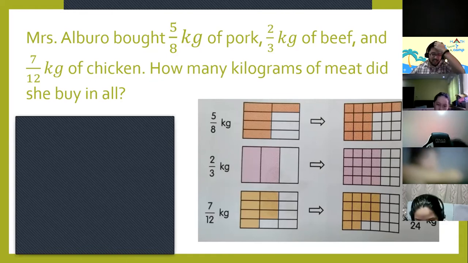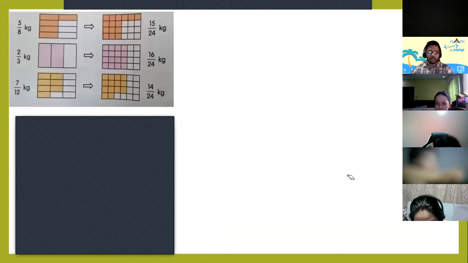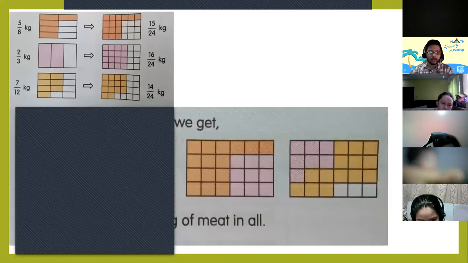Okay, so yun yung ginawa dito. They were divided into the same manner. Lahat sila divided into 24. So now we can add this much easier na. So piniliit ko lang yung picture. Okay. So if we're going to add lahat ng